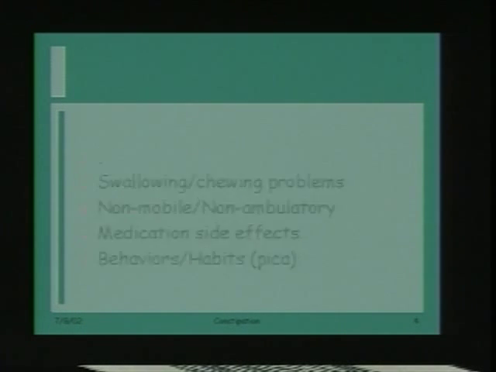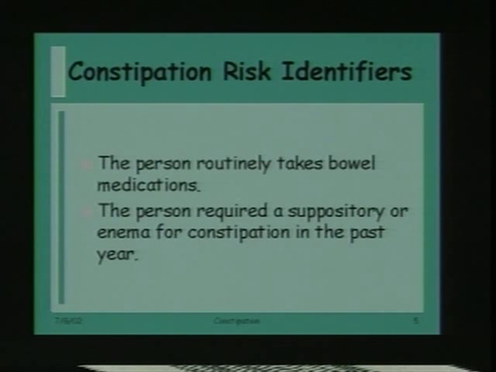So how do I identify individuals that I serve who might be at risk for constipation specifically? Well, some of the risk identifiers are that the person routinely takes bowel medications. And I'd like to provide an example: when I, as a nurse consultant, go into some of the homes to review the records of an individual for a variety of reasons,